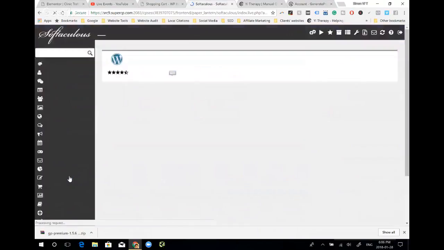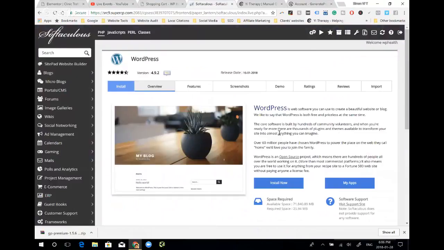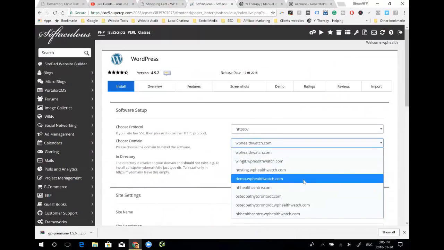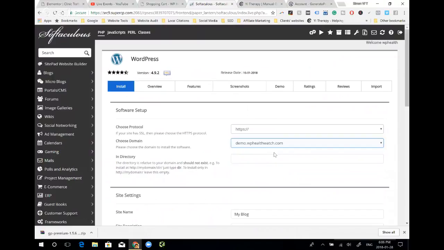Click on that. This is where you're going to install WordPress, basically the software that can make beautiful websites. And it's open source. WordPress has over 304 million users, including Nike, Adidas, Disney. All these big companies are using WordPress to make their websites. So let's click install now. Fairly easy, right? Make sure you're choosing HTTPS. Select the domain that you just bought, and